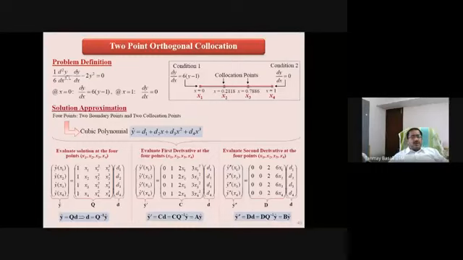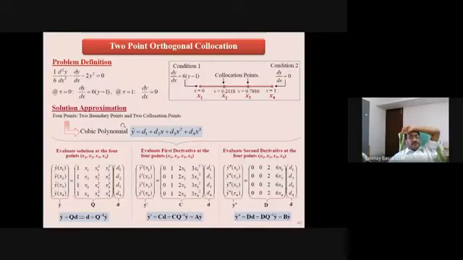So the problem definition: 1 by 6 d2y by dx square minus dy by dx minus 2y square equals 0. At x equals 0, we have dy by dx equals 6 into (y minus 1). At x equals 1, we have dy by dx equals 0. These are two boundary conditions, and these boundary conditions are termed Neumann boundary conditions. And this is the pictorial of the collocation points. If you look at this, x1, x2, x3, and x4, and these 2 interior points are the collocation points.